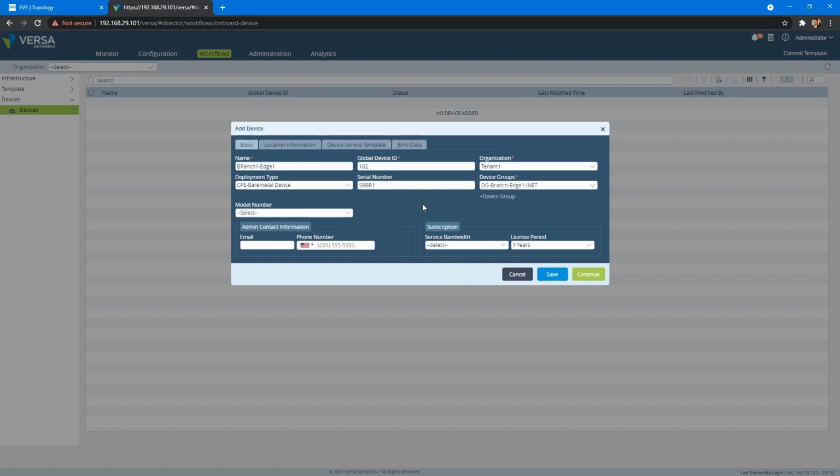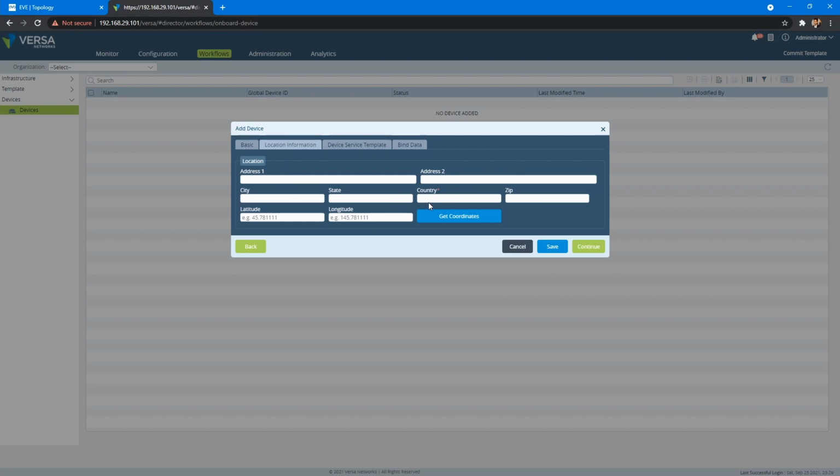Next is the subscription. If you remember, in our workflow template we have defined the service bandwidth as 1 Gbps. Suppose this particular template is going to be reused by multiple edges, and for a particular site you have only a 50 Mbps internet link, you can't use the same 1 Gbps license, right? So you can override that license from here. Suppose you are using 50 Mbps, you can override, and the same for license period.